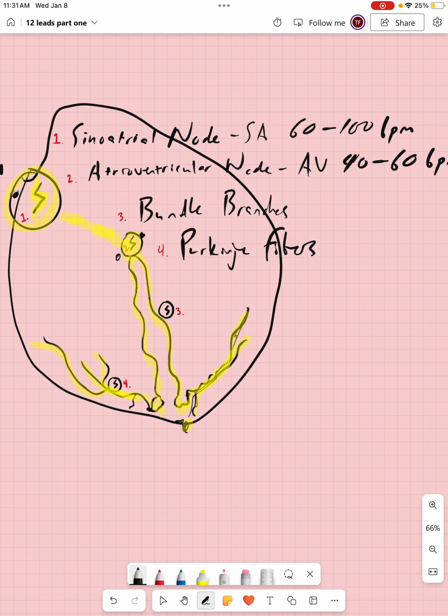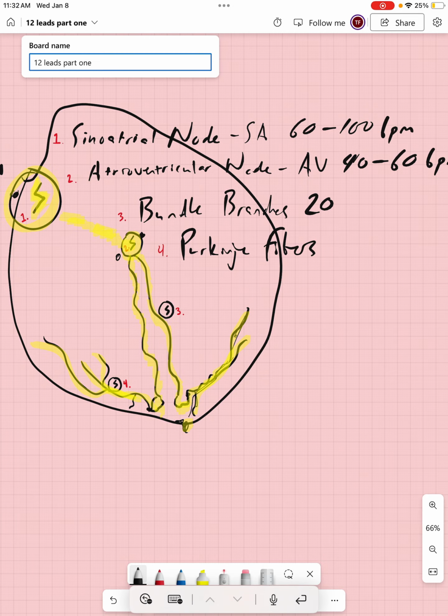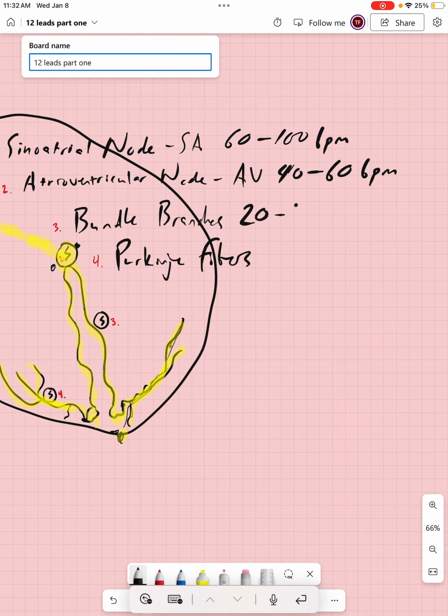That same concept applies to our bundle branches and our Purkinje. Imagine the SA node and the AV node, they were both huge fans. Maybe their teams were playing each other or whatever, and they watched the game together, and neither of them showed up for work the next day. They're just totally spent. Well, who's next in line? Our bundle branches. They are capable of providing electrical conduction as well and initiating electrical conduction, but it is even slower. And the Purkinje, they are equally